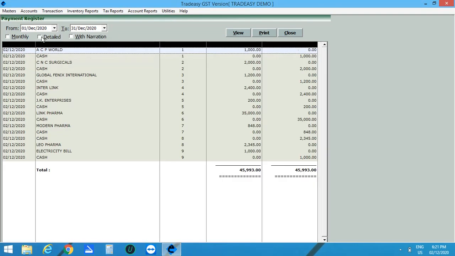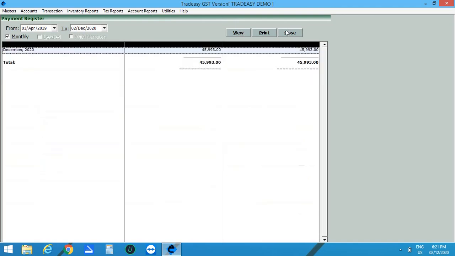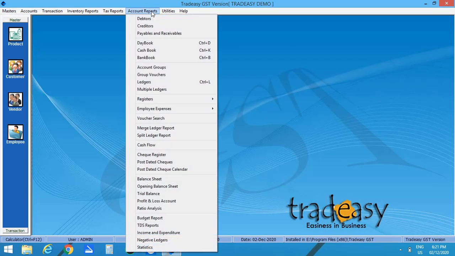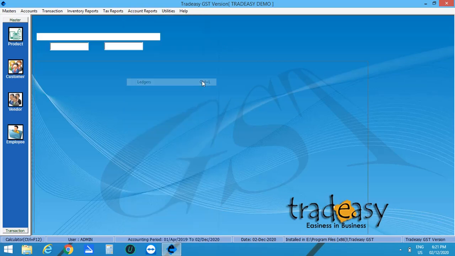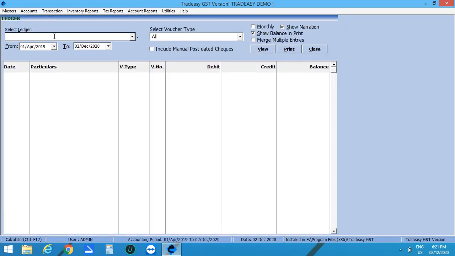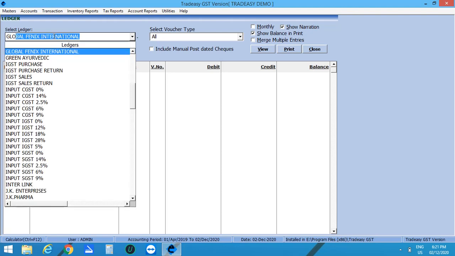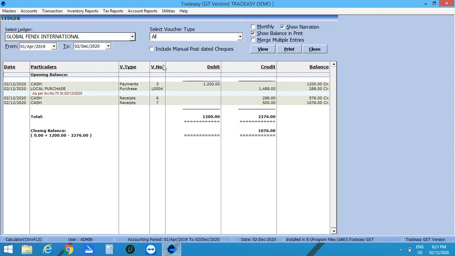To view any of the ledger, you can directly click on Ledger option or press the short key Ctrl+L. Enter the ledger name and select the voucher type and click on View. This is the details of this ledger.